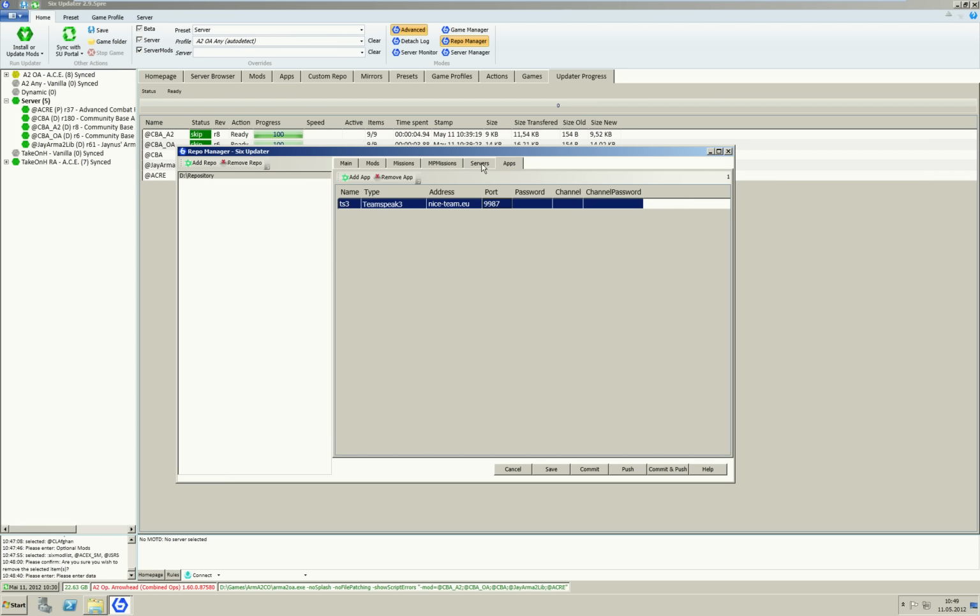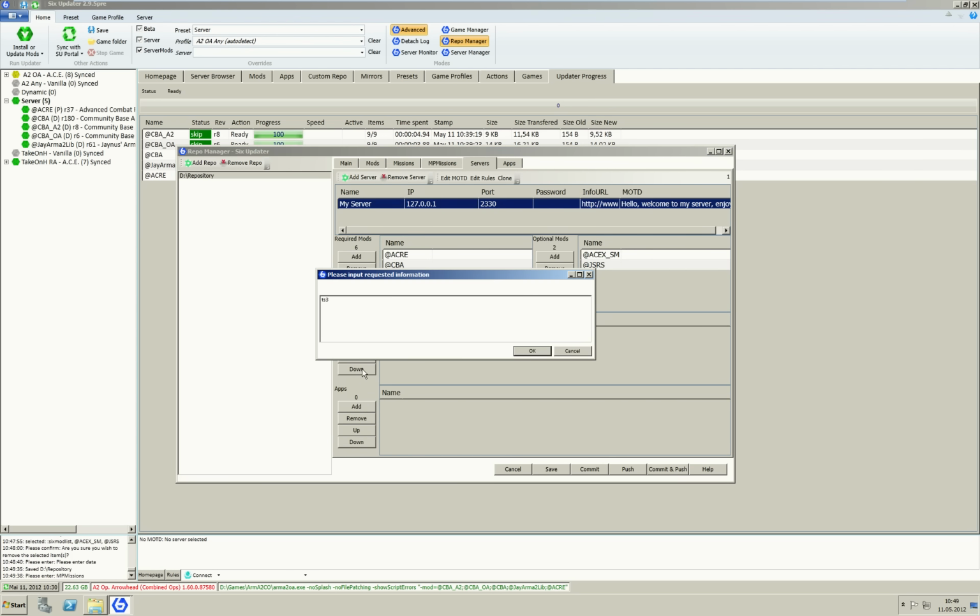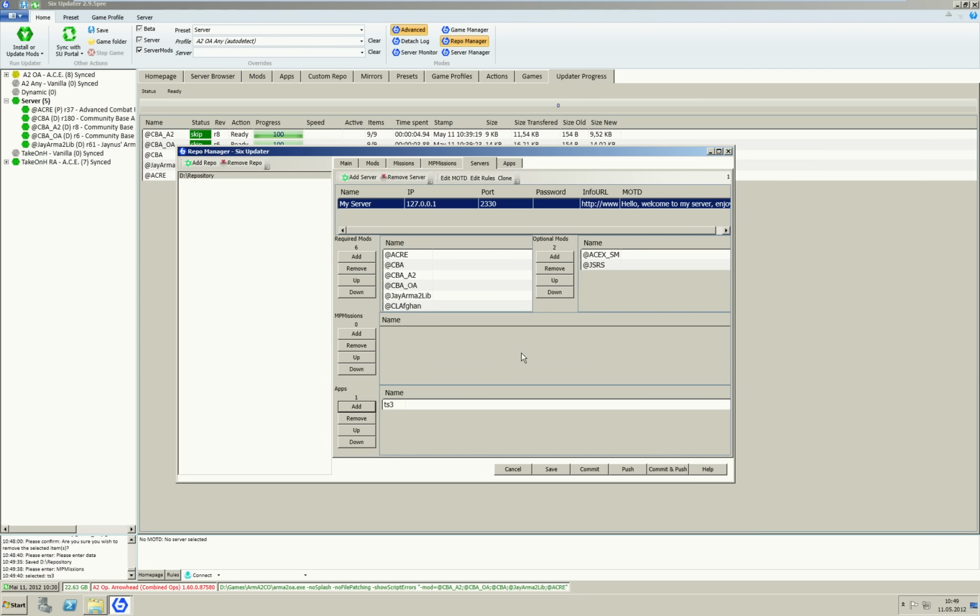Now let's go back to the Servers tab. You could click Save first to make sure that we don't lose any of our changes if something should happen now. Let's go back to the Servers tab and add the application we've just added. Note that this application is now assigned to this server because applications are server specific. You could have multiple servers running here, all using the same repository, no problem at all. So okay, this is the part about setting up your server, adding an application, and now for the fun part,